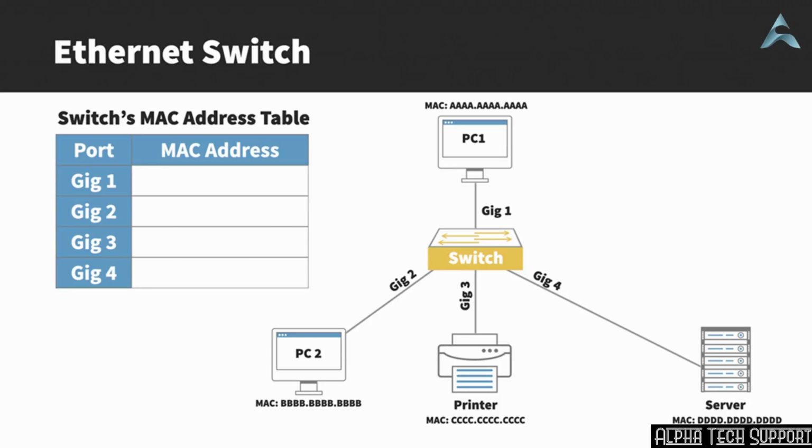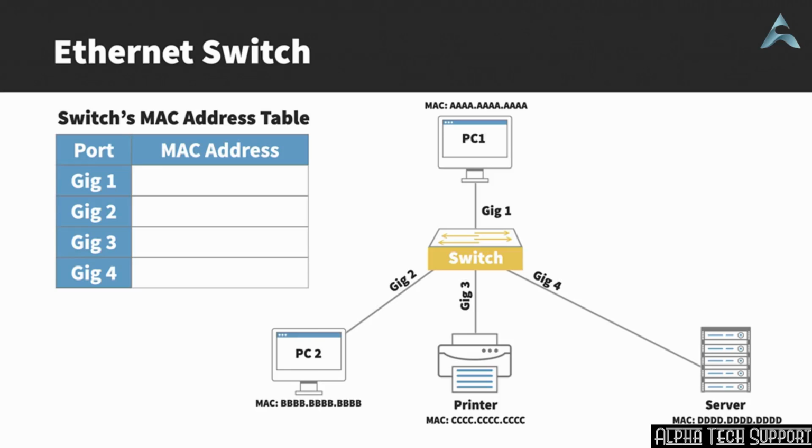Let's go through a scenario. Let's say that PC1 wants to communicate with the printer. When PC1 sends a frame into the switch destined for the printer's MAC address, the all-C's MAC address, the switch has no idea where the all-C's MAC address lives. So in order to get that traffic to its intended destination, the switch is going to do something called flooding. Flooding is when a switch sends a copy of a frame out all interfaces other than the interface on which